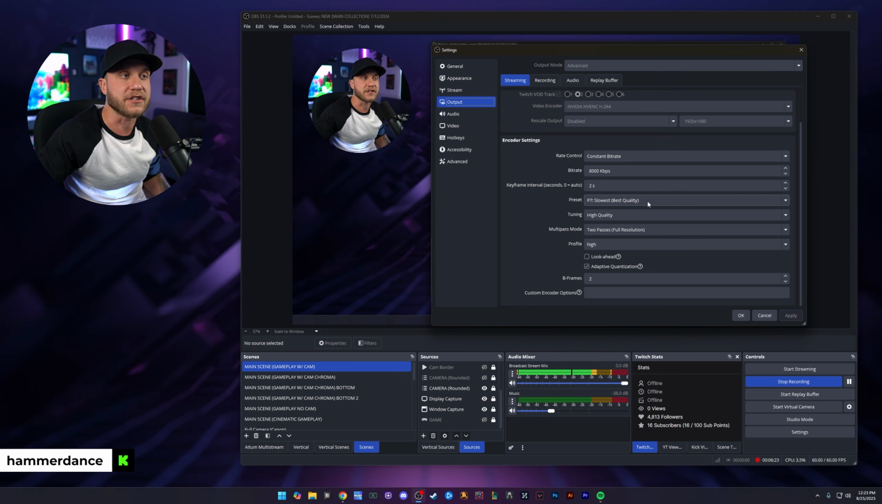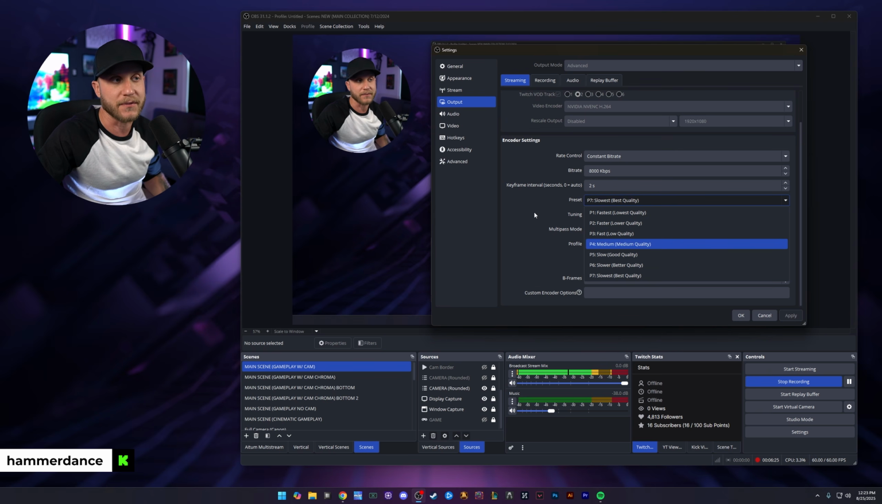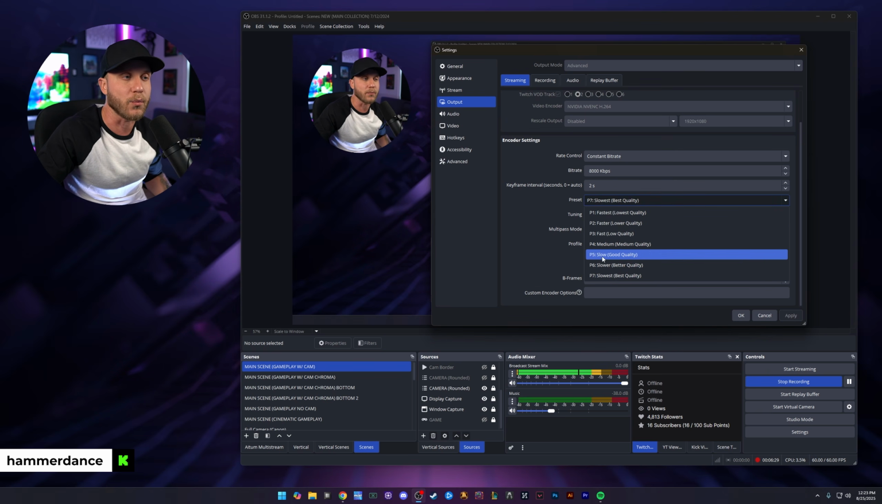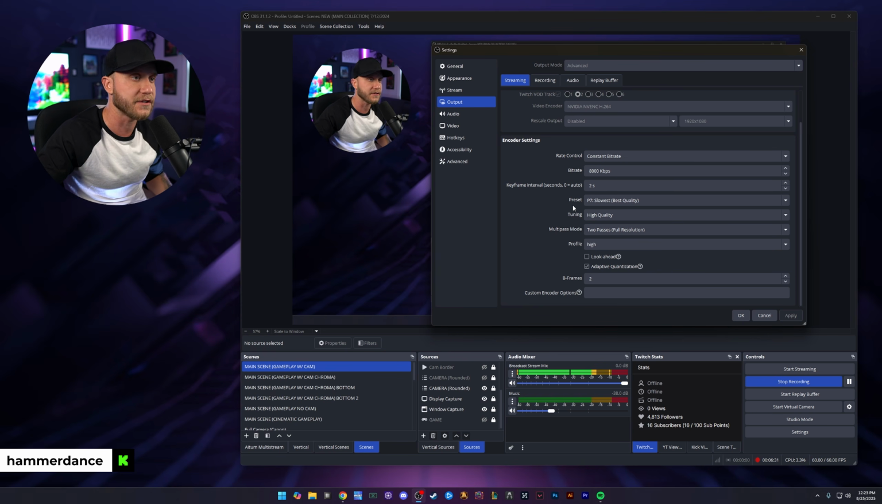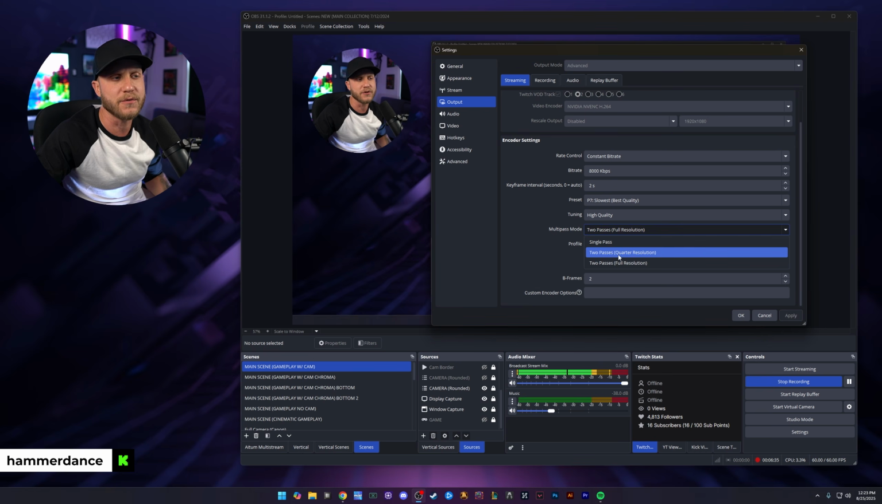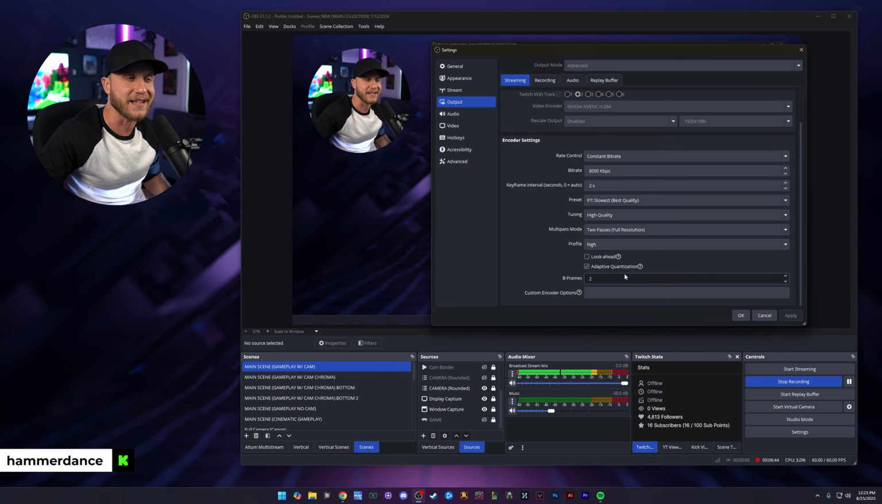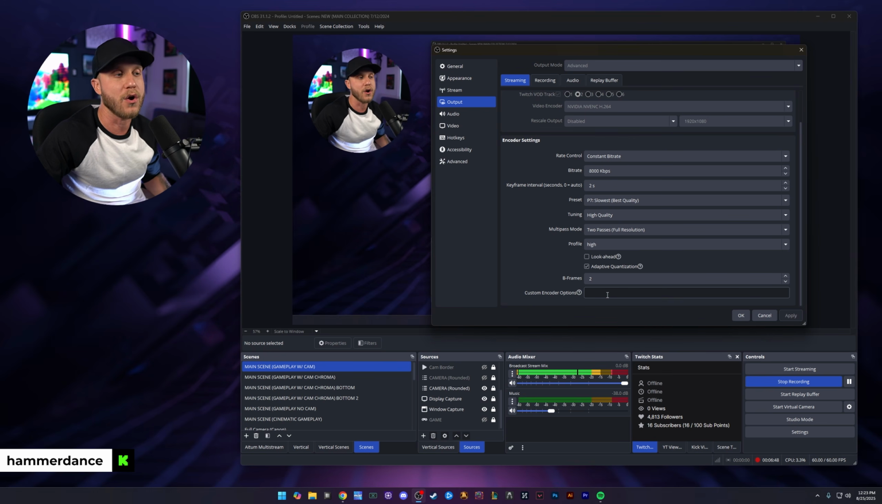Preset, I have mine set to slowest or best quality. You can drop this down if you're having encoder overload errors, but I would start at P7 and then work your way down if you are getting any errors. Tuning, you want to set this to high quality. Multipass mode, you could set this to 2 passes quarter resolution if you want. I have mine set to full resolution because I have not really any issues with streaming. And profile set to high, look ahead is unchecked, adaptive quantization is checked, B-frame set to 2, and no custom